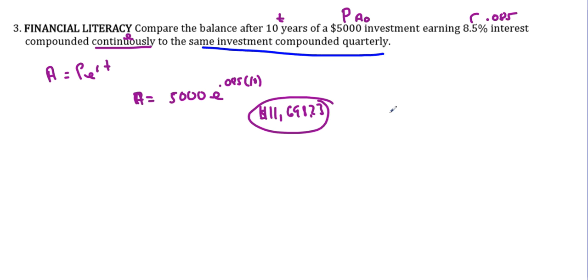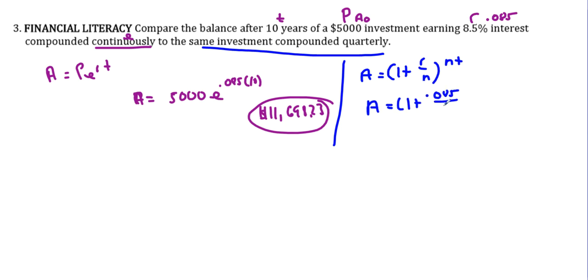So that is no longer continuous. So the e goes bye-bye, but I'm still going to use the same thing. I'm going to use A is equal to 1 plus r over n, raised to nt. All right? So n is the amount of times that you compound. Okay, that's going to be a 4 because quarterly, 4 times a year. And this t is going to be 10 years. So we're going to have A is equal to 1 plus 0.085 over 4